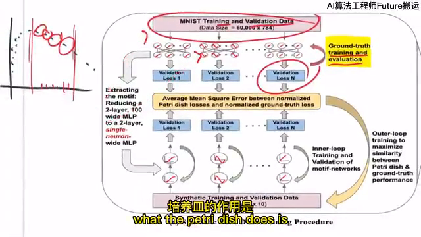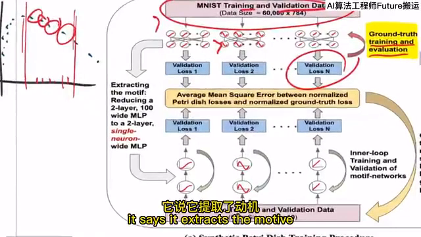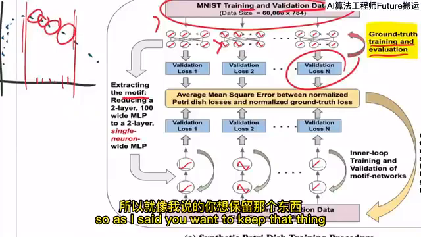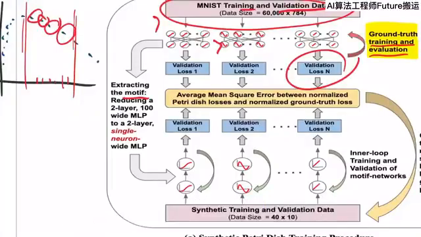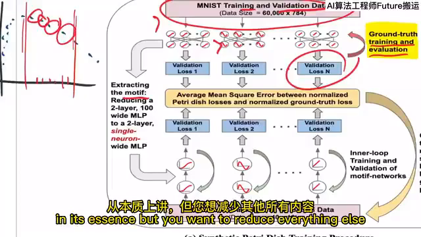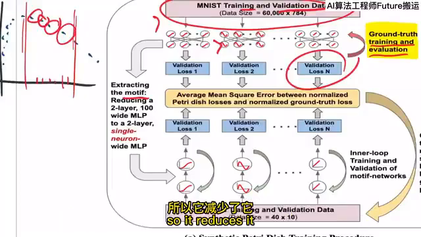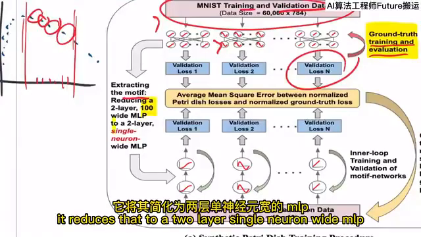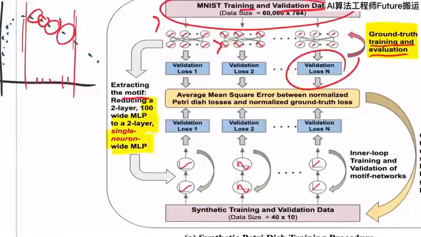What the Petri dish does is, it extracts the motif, and the motif is the thing that you optimize over. So, as I said, you want to keep that thing in its essence, but you want to reduce everything else. So instead of a 2-layer, 100-wide MLP, it reduces that to a 2-layer, single-neuron-wide MLP, okay? And